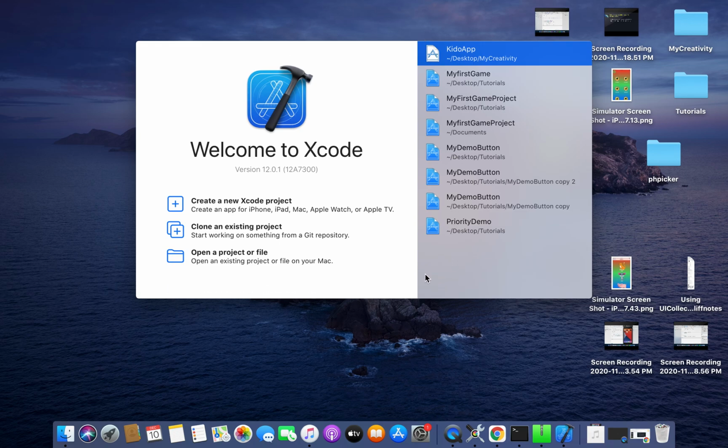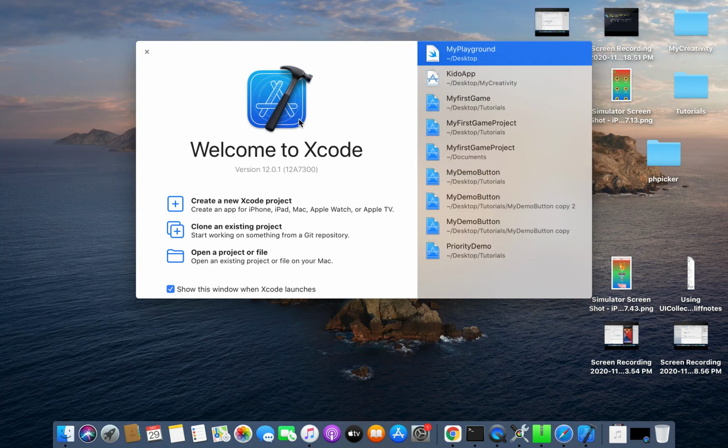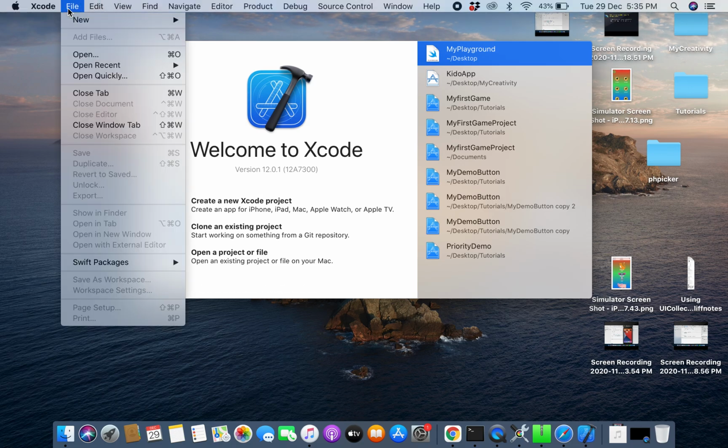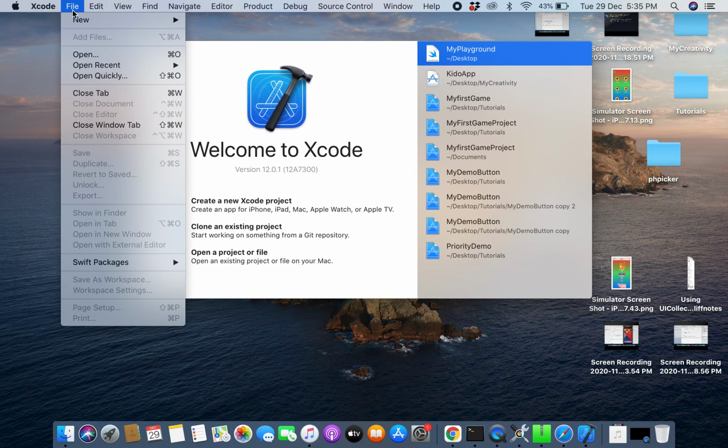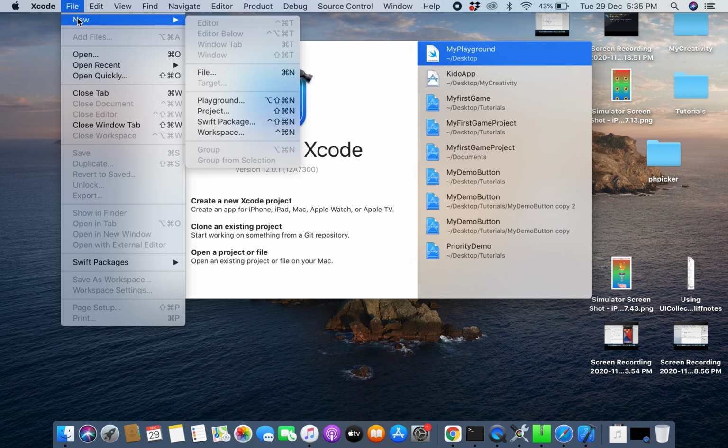Now comes a welcome screen. In the welcome screen, you have create a new Xcode project, clone an existing project and open a project or file. Previous to Xcode 12, we used to have a create a new playground button in this welcome screen. Now for opening a playground in Xcode 12, we need to go to File, which is in the toolbar next to the Xcode icon. See, this is File. Go to File, select New and